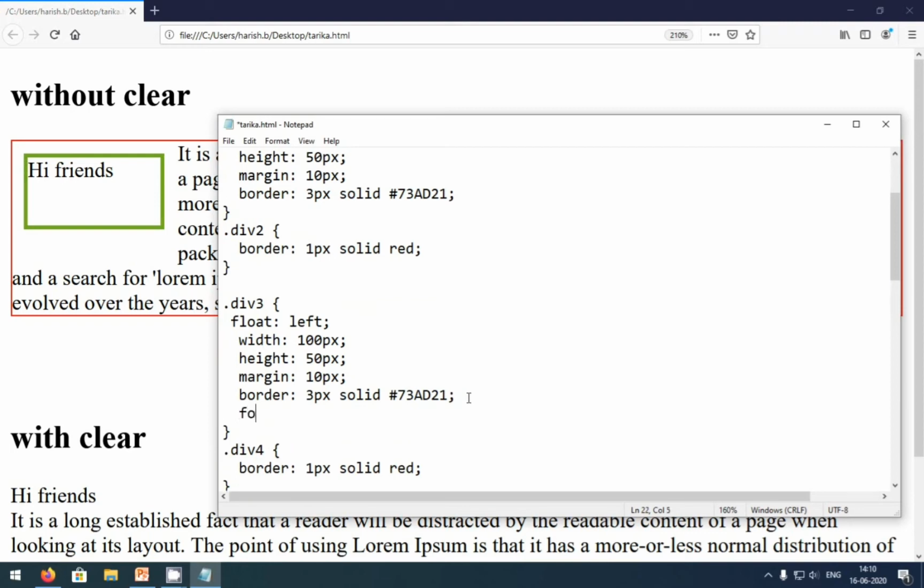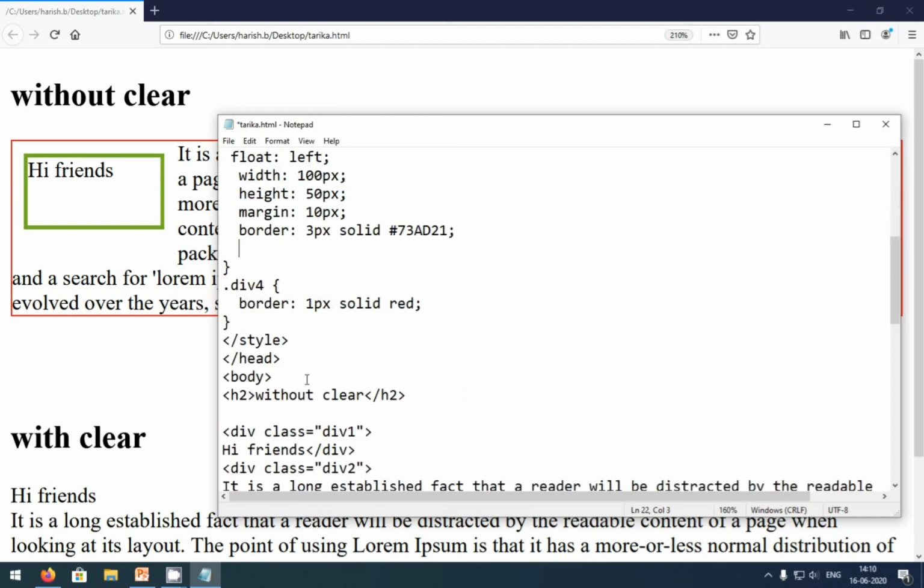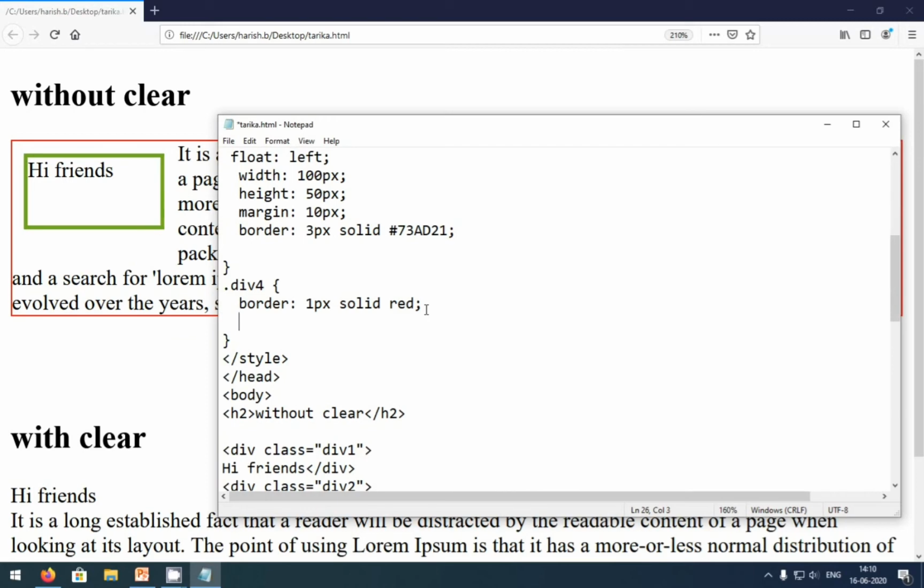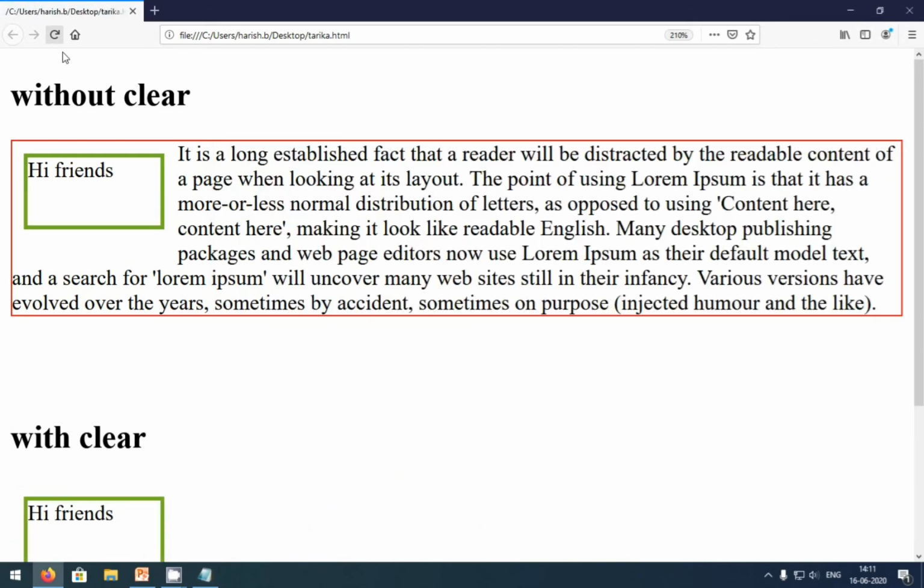I'm going to write float: left the same way. Sorry, not for div 3, just adding for div 4. That means for the paragraph I am just adding clear: left. So Control S and refreshing my browser.